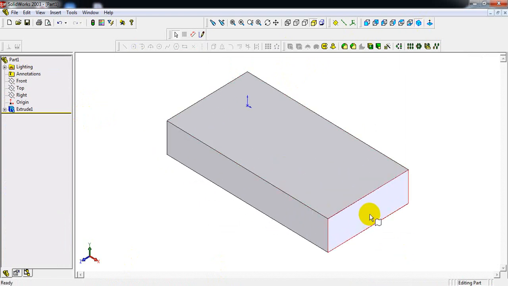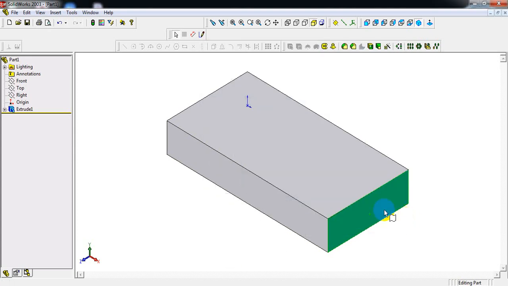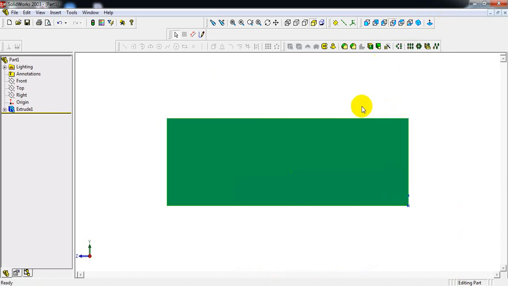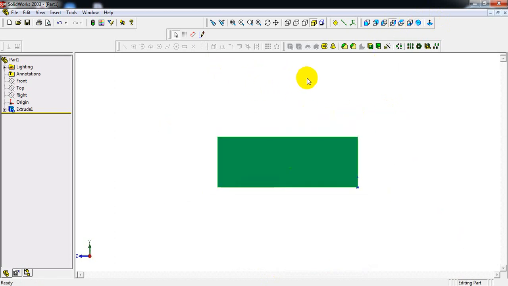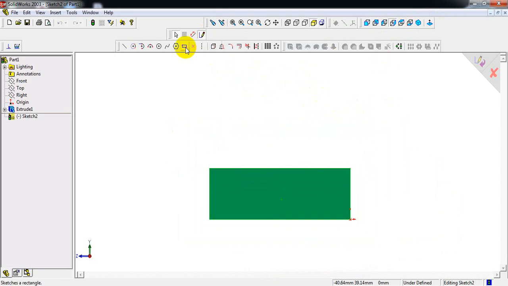Now select right face. See in this drawing, in right face we have to obtain this shape. So select right face followed by right view, select sketch, take rectangle command. From this top right corner, draw one rectangle,